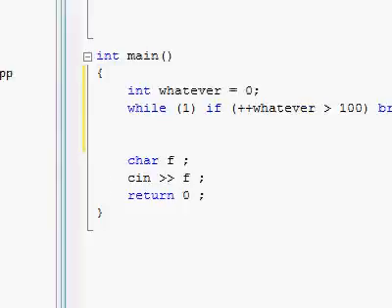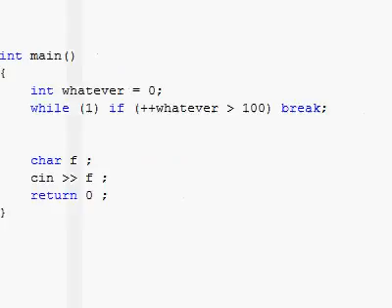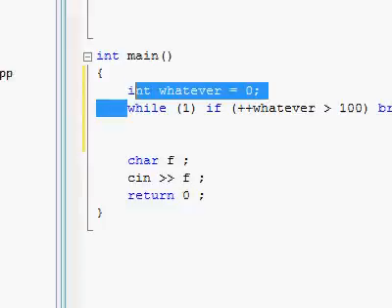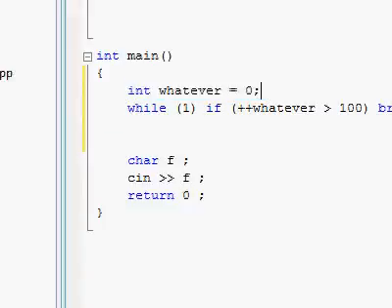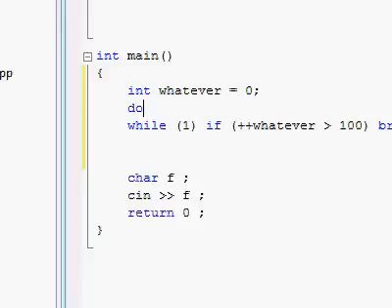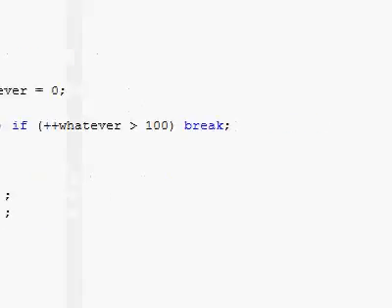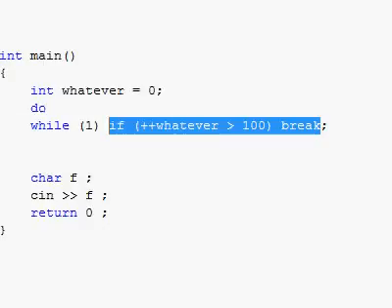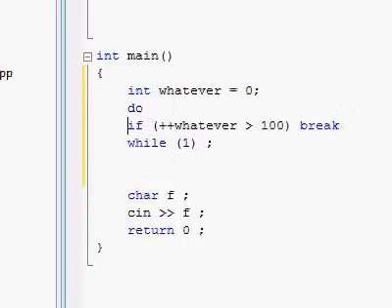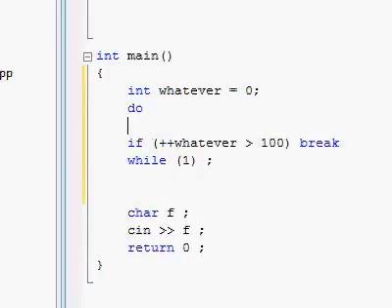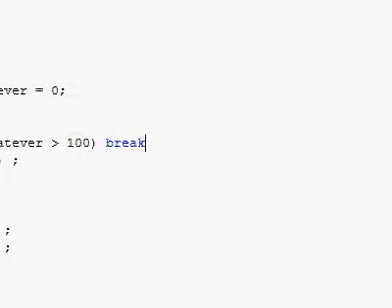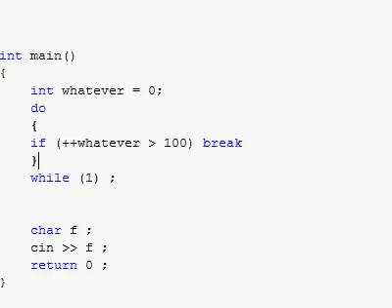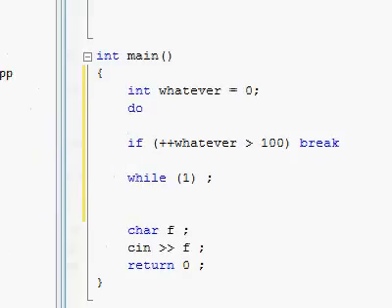so there's no need to have an opening and closing brace which envelops many statements. And it's pretty much the same thing with the do while loop, same as what we see now with the while loop. It's just that the statement is going to be put between the do and the while, and if we want to have more than one statement, we'll have to use braces. Otherwise we can just leave it just like that,